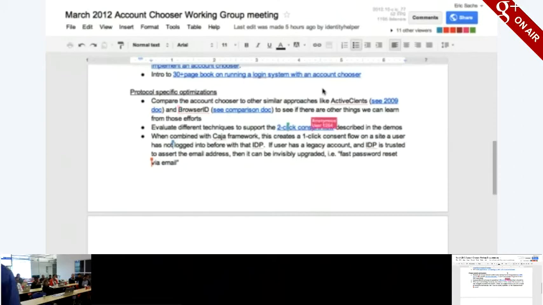what websites the user went to. Just keep that information in the cookie on the browser for the sort of temporary login flows. So one of the things that has